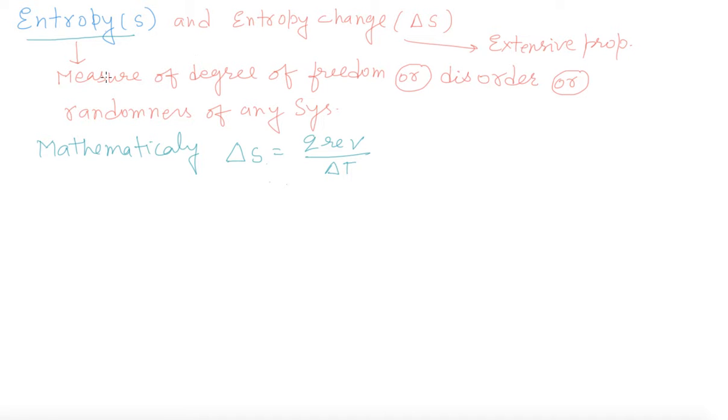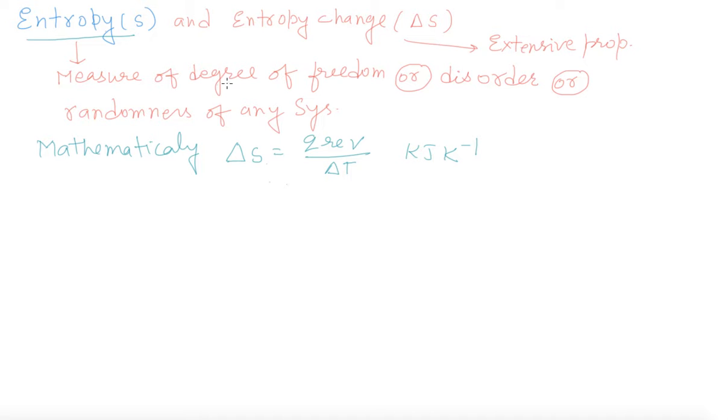Entropy is the measure of degree of freedom or disorder or randomness of any system. And entropy change is an extensive property. Mathematically, entropy change can be given by this formula: delta S is equal to Q reversible divided by T, in kilojoule per Kelvin. And entropy means that random